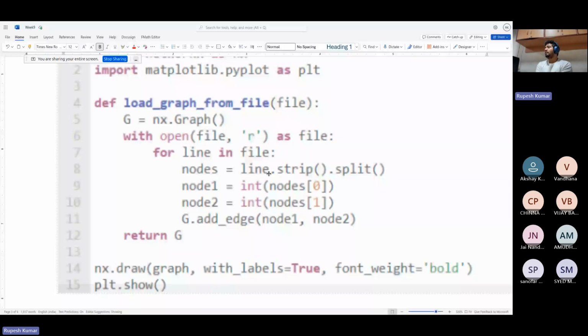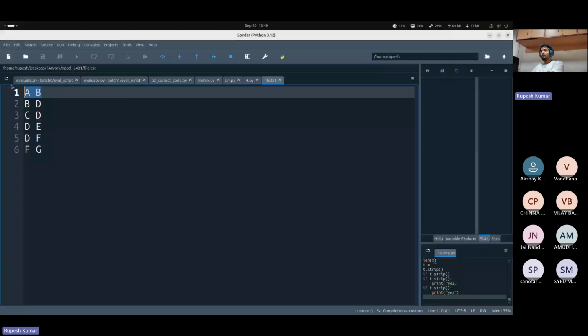And then for each line in the file, we are stripping the line. Stripping means, so this line contains this text. Let's say we talk about the first line, if it contains any leading or trailing spaces, it will remove them. Then we are splitting it by a space. So it will return a list, A comma B. So from each line, what we are getting here,